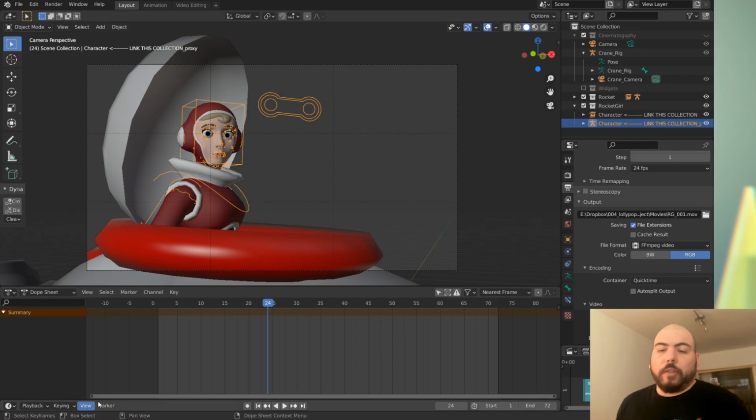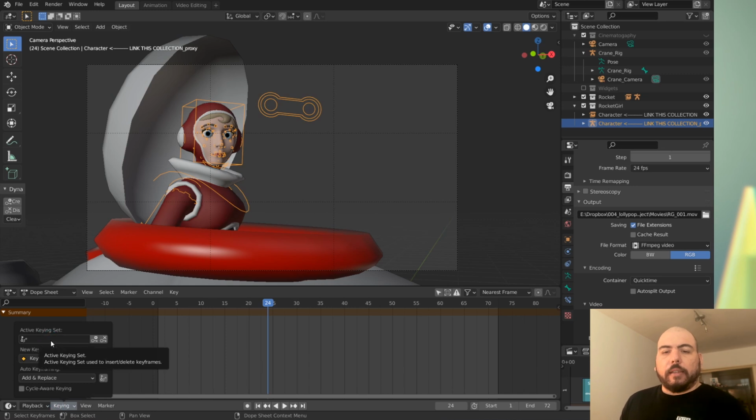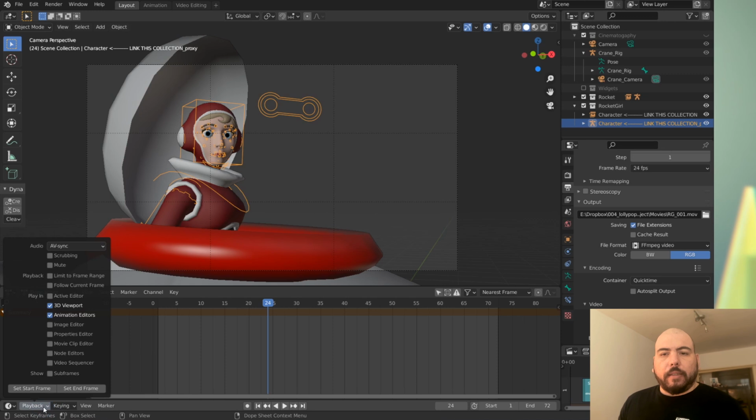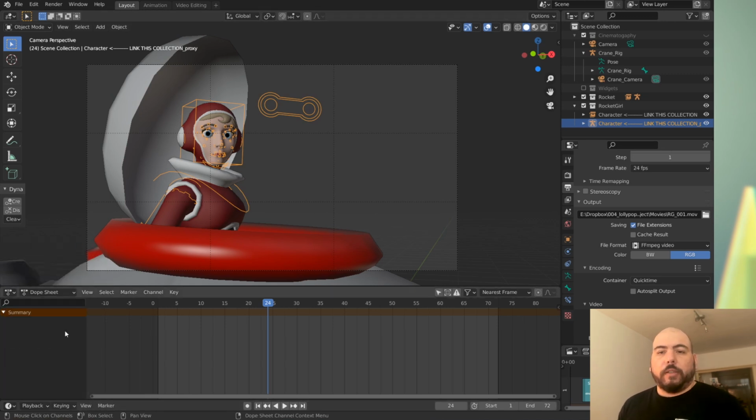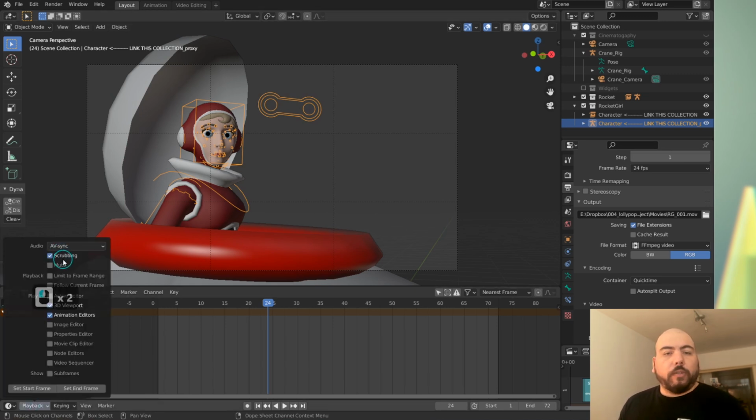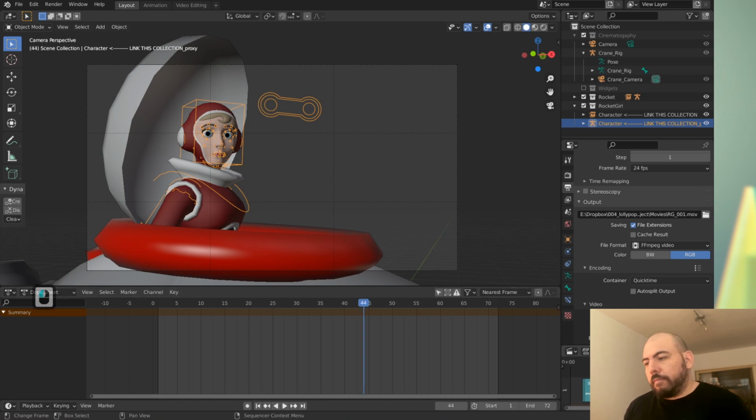The reason I want to keep this timeline around is because I have my keying sets here, the new keyframe types, the playback settings, which will allow me to, for instance, turn on scrubbing. It's not great.